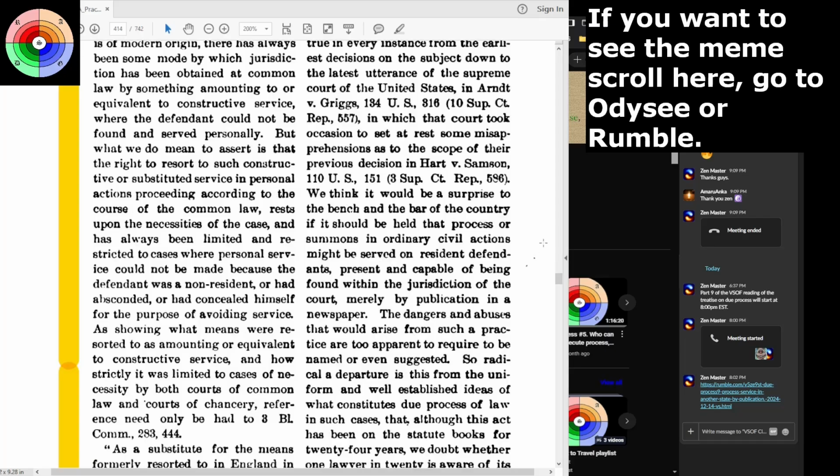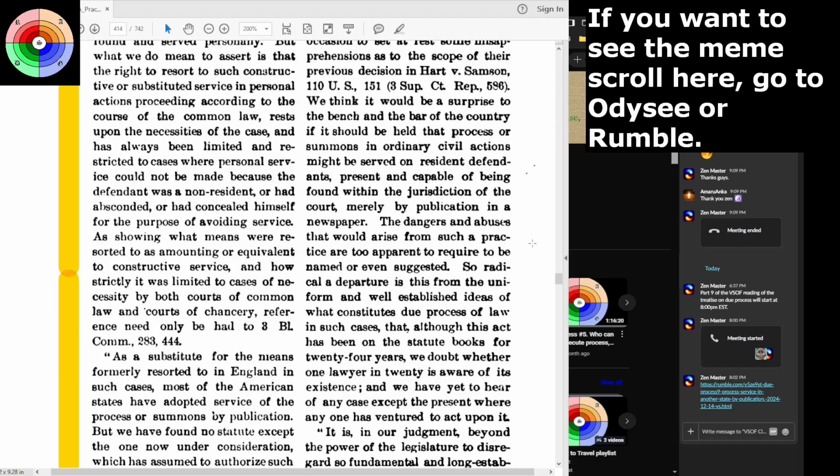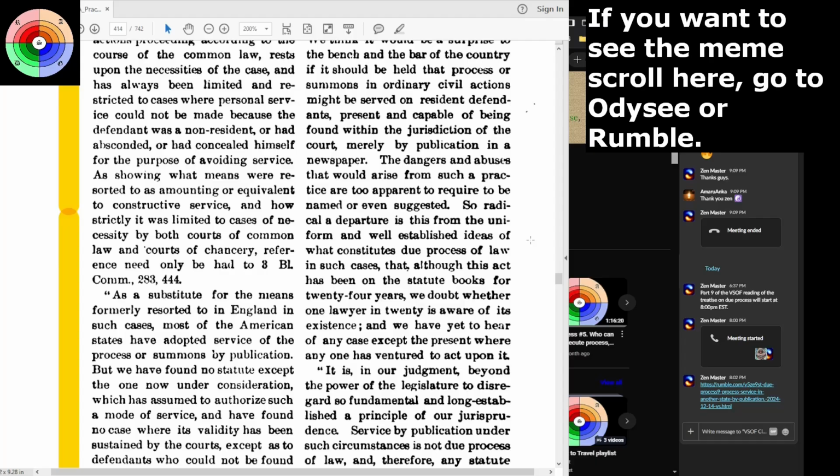We think it would be a surprise to the bench and to the bar of the country if it should be held that the process or summons of ordinary civil actions might be served on resident defendants present and capable of being found within the jurisdiction of the court merely by publication in a newspaper. The dangers and abuses that would arise from such practice are too apparent to require to be named or even suggested. So radical a departure is this from uniform and well-established ideas of what constitutes due process of law